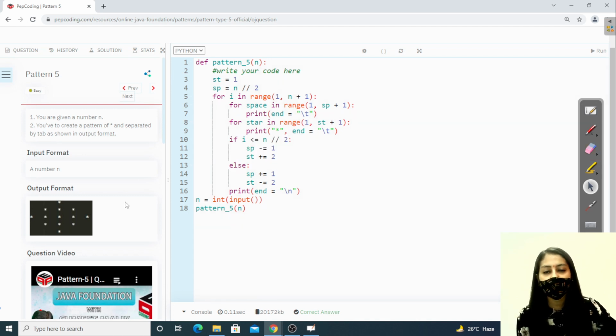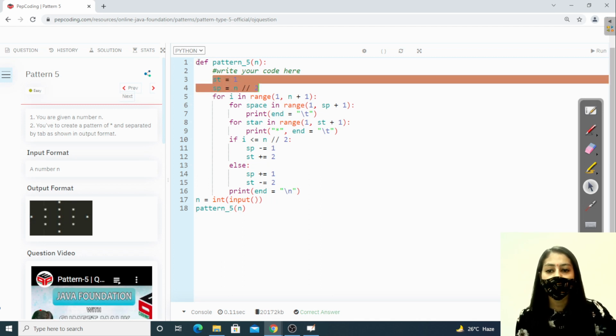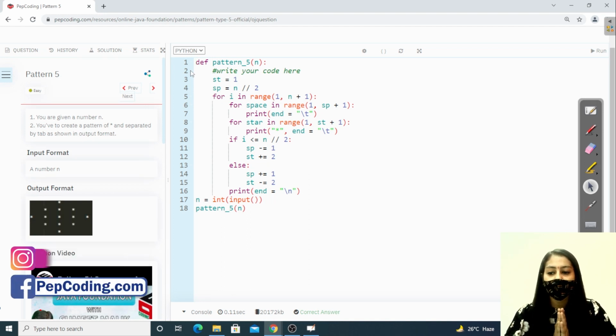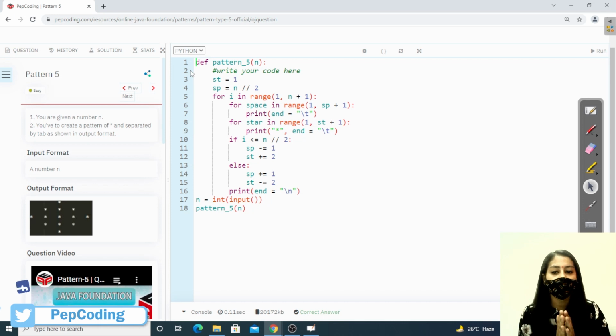So here in this pattern we notice that the spaces are decreasing up to a certain point, and after that the spaces started increasing and the stars started decreasing, right? So we find that certain point and we put it here, and we are getting our desired pattern, right? So I hope the pattern is clear to you. You can try more such patterns on your own, where you only have to control these two variables, that is, the variables telling us the number of stars and spaces required in each row, right?